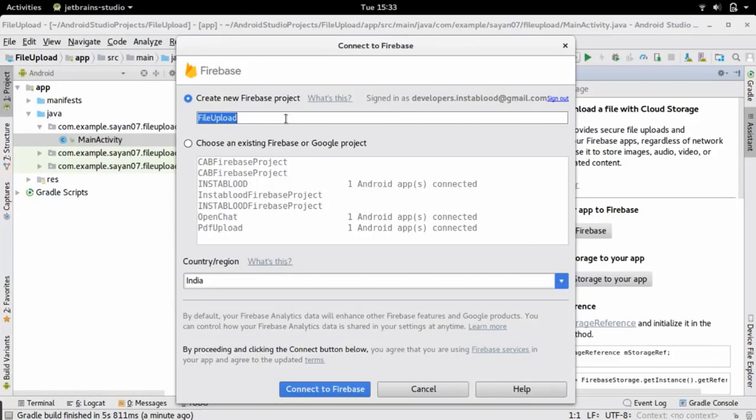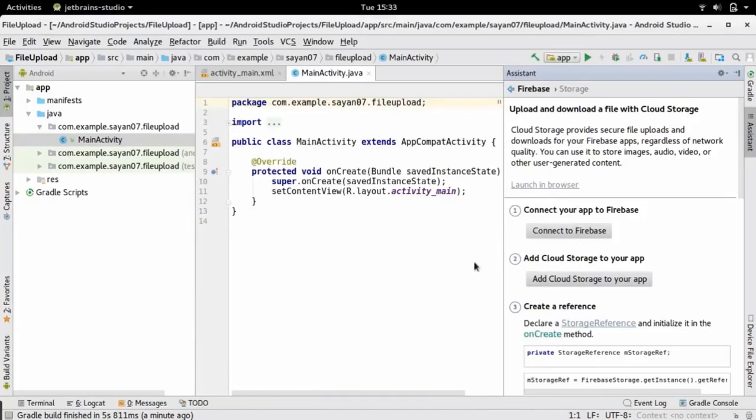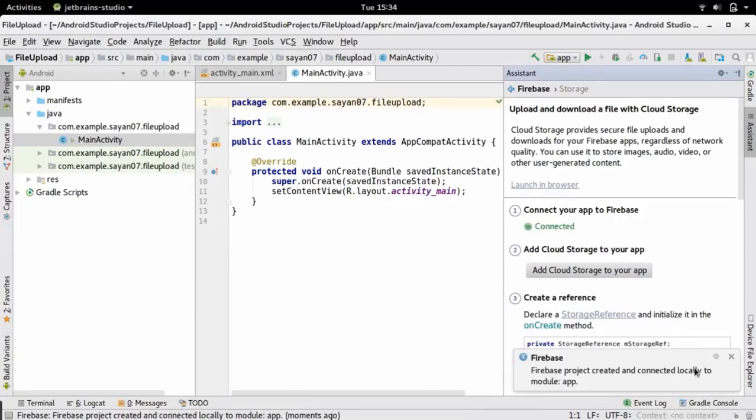Let me provide it as my Firebase project. After providing it, click on connect to Firebase. See, this is the notification that our project is successfully connected to our Firebase project.